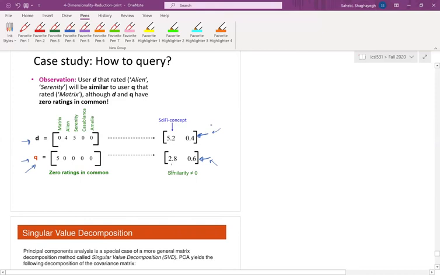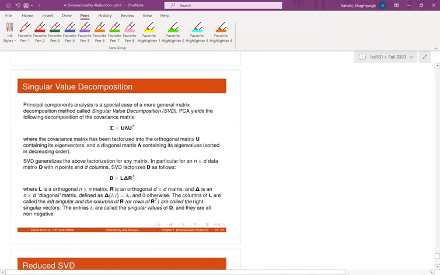So using this, that the similarity in the concept space is non-zero, we can actually say that, yes, this person probably likes Matrix too. All right,